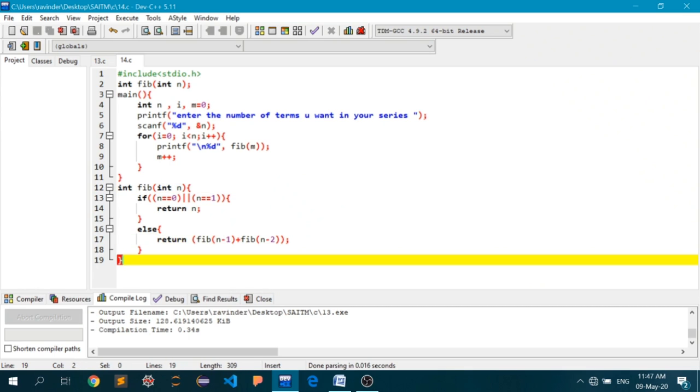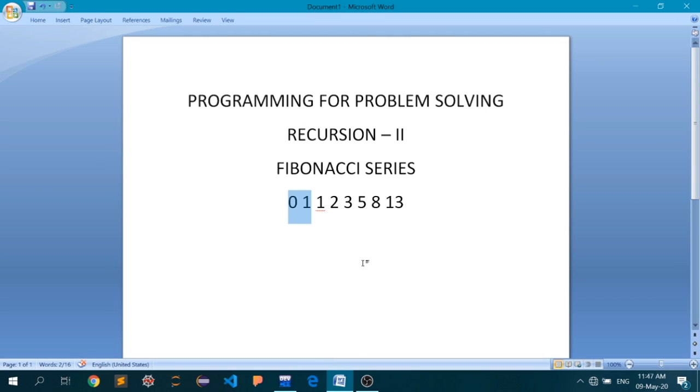Now let's come back to the faith. My faith tells me that the fib function will calculate, or I trust my function that it will return to me the particular index value in the Fibonacci series.